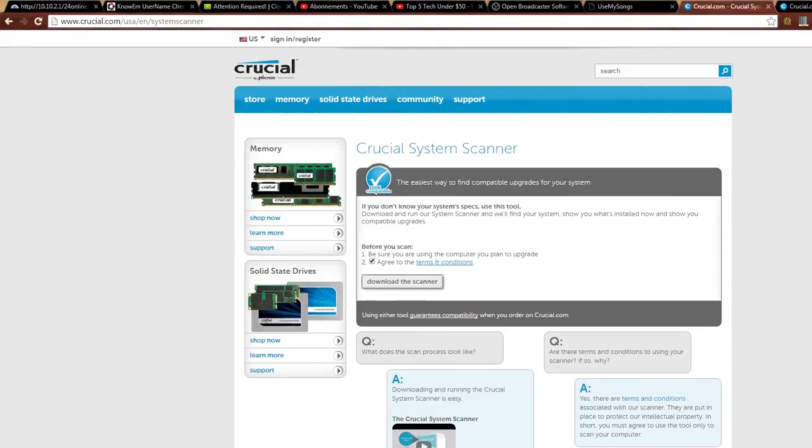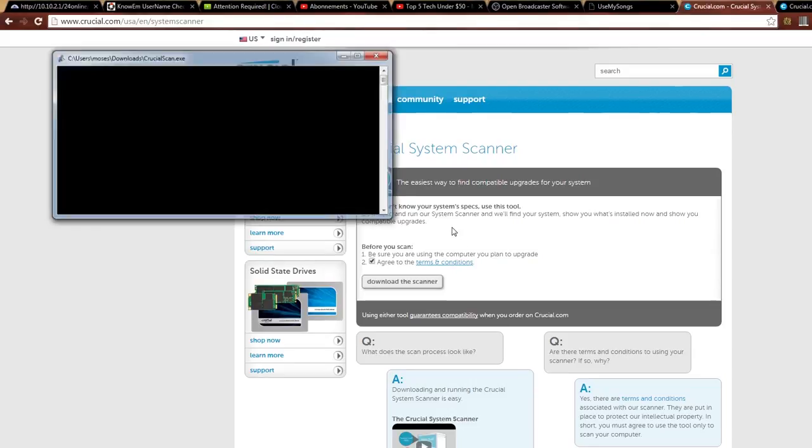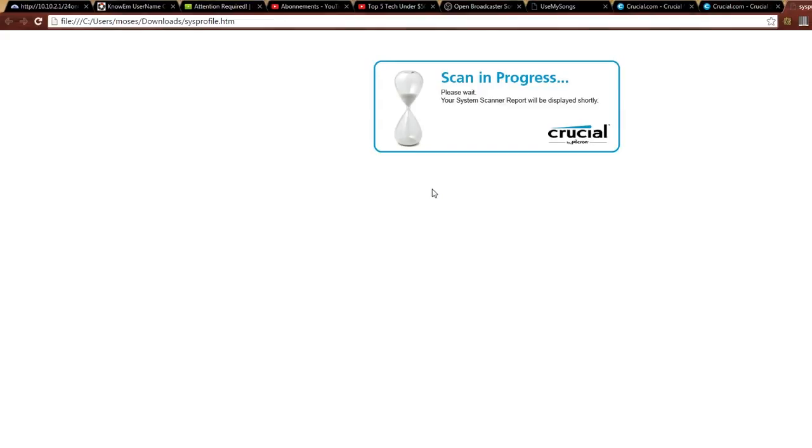Crucial is an online-based application. It helps you to scan your computer, find hardware, and suggest from online the exact components you can directly buy, with prices for you to purchase. If you want to upgrade your system, Crucial is the best way to do it because it suggests